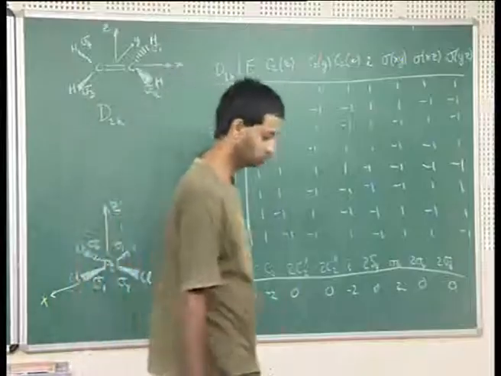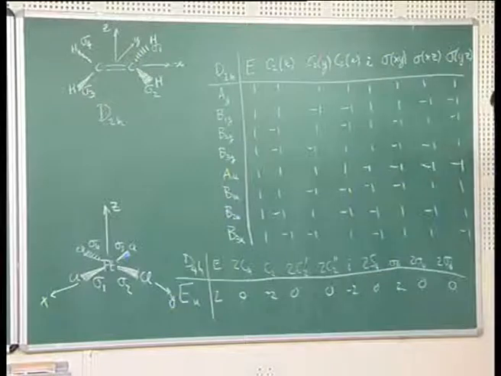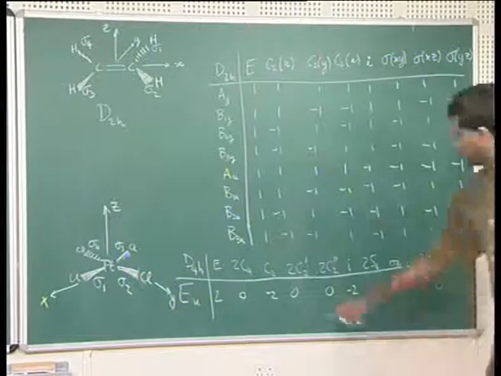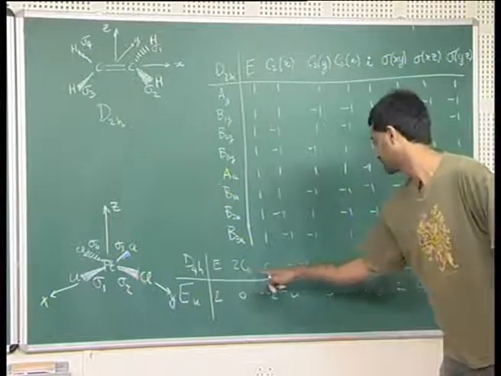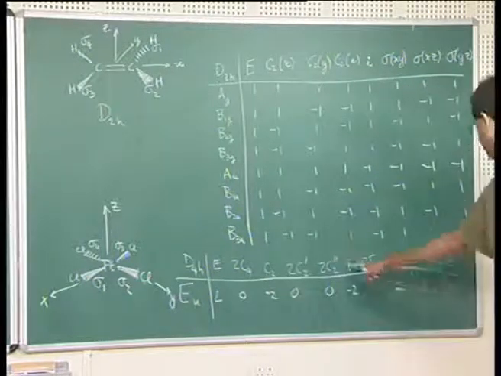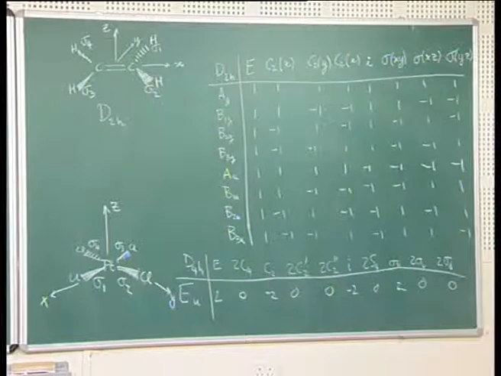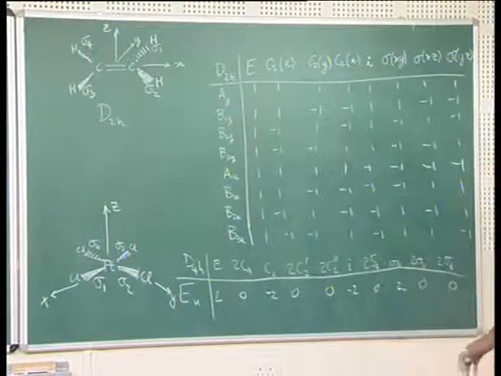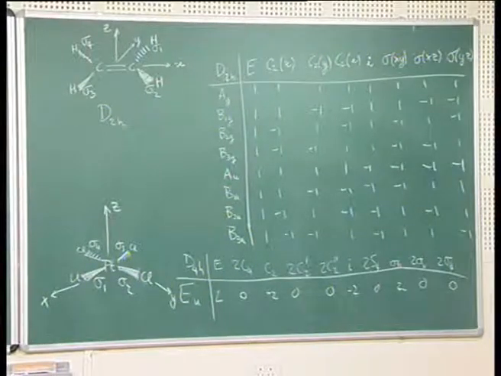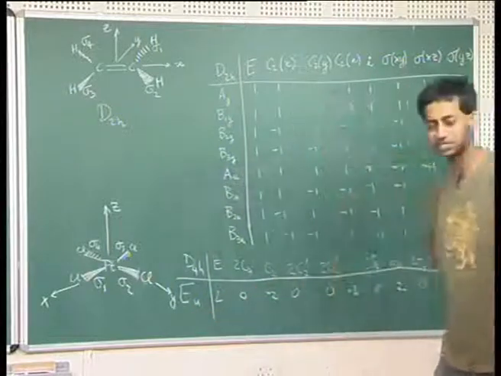Now D4h has 16 operations and it has 10 classes. So 16 operations and 10 classes. So there are 10 irreducible representations, and now we will focus on one irreducible representation, which is a 2-dimensional representation